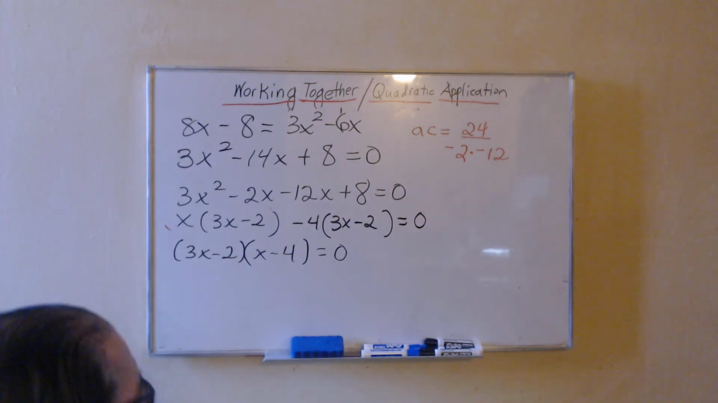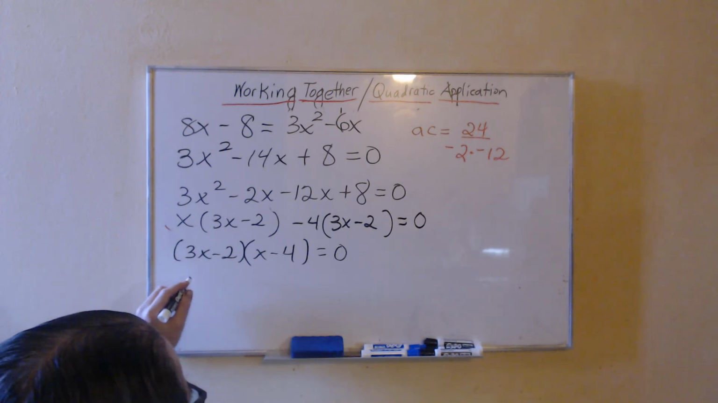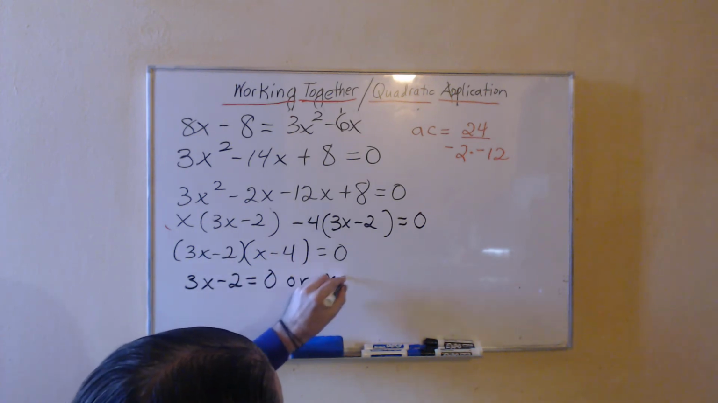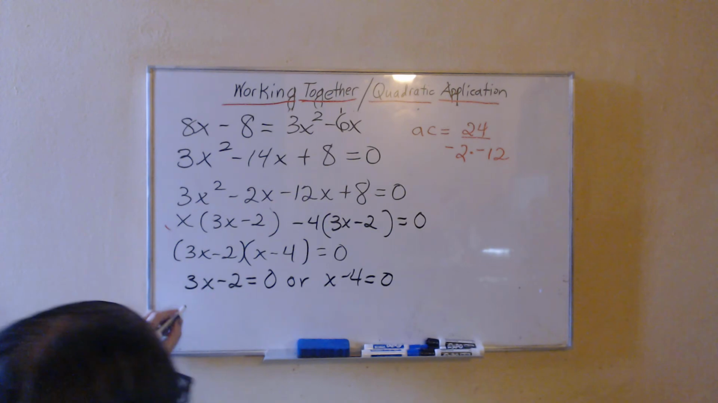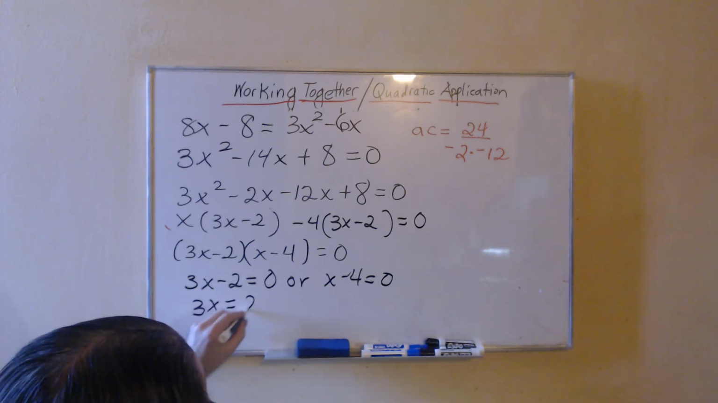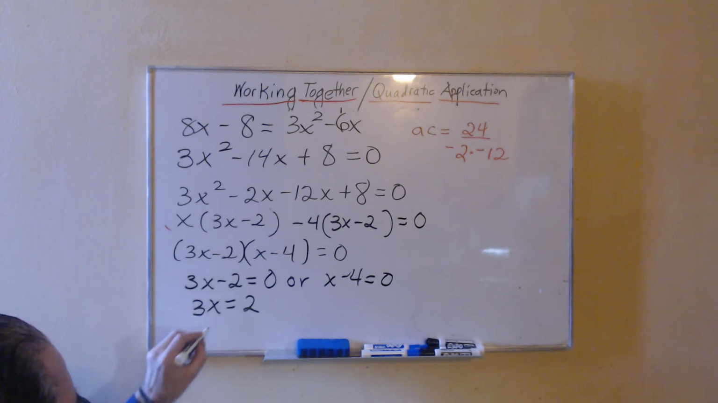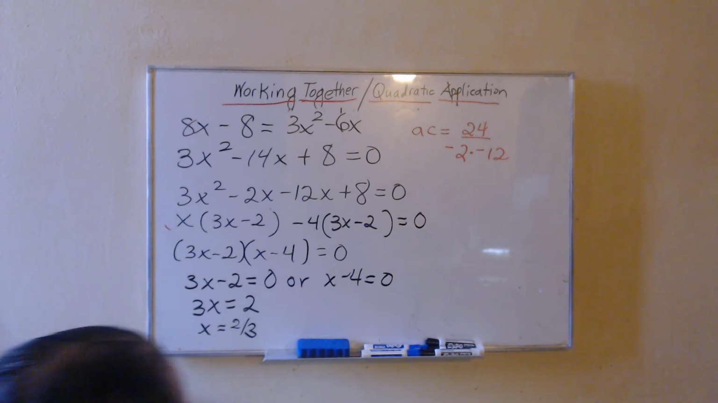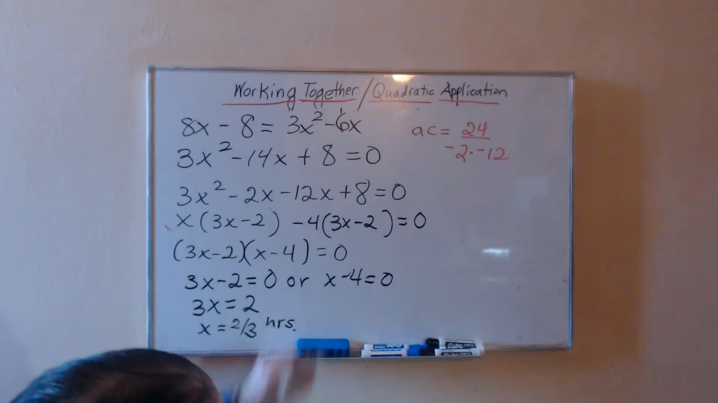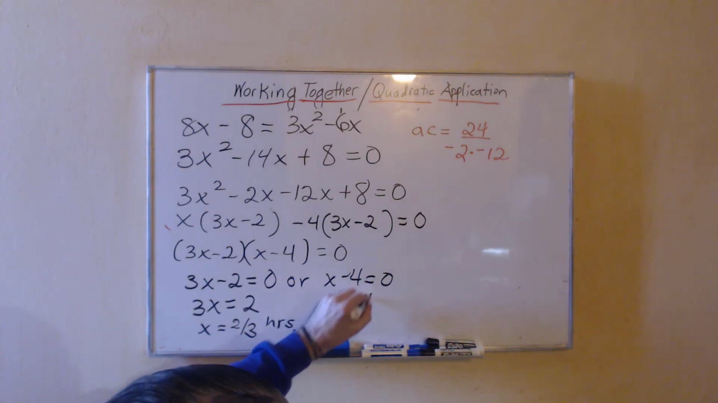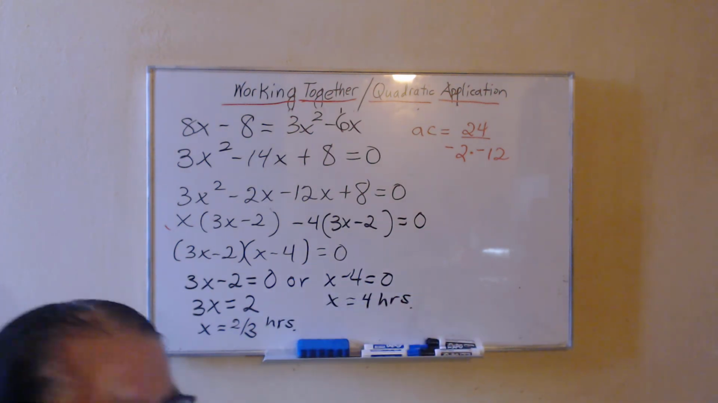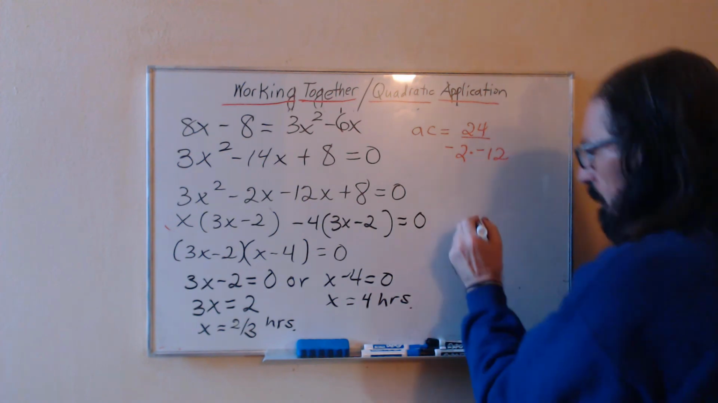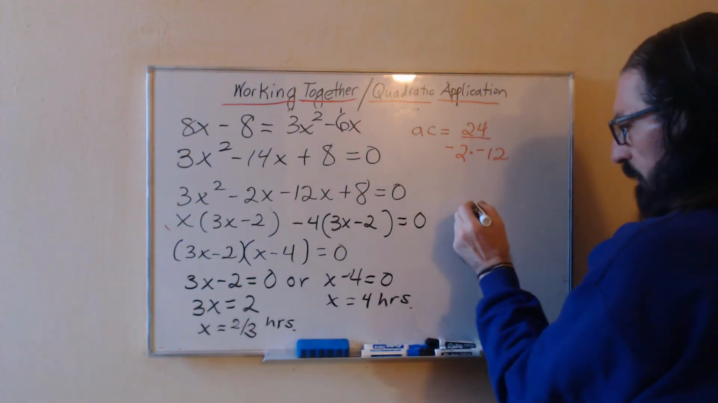Set each of those factors equal to 0. On the first one, 3x equals 2 will tell us that x equals 2/3. That would be in hours. And the latter, another possibility, is that Harold takes 4 hours working alone. But if x equals 2/3 is a possibility for Harold,